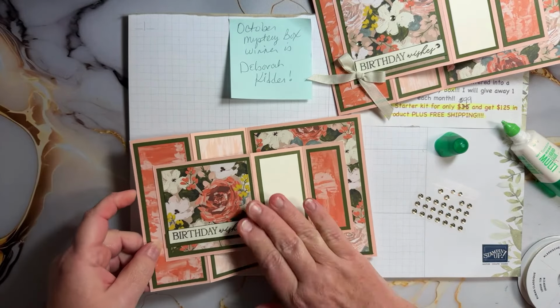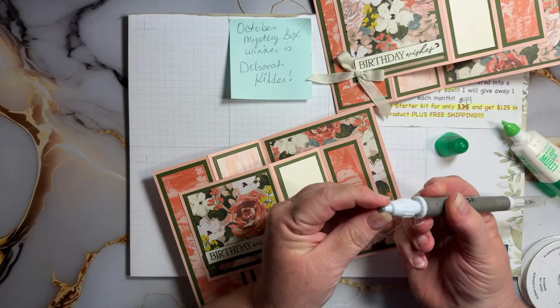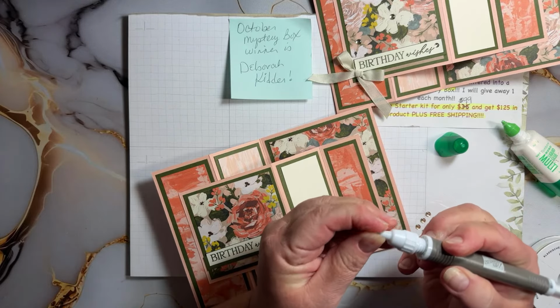All right, and then we're going to put gems on here. So I've got my goo on here nice and...